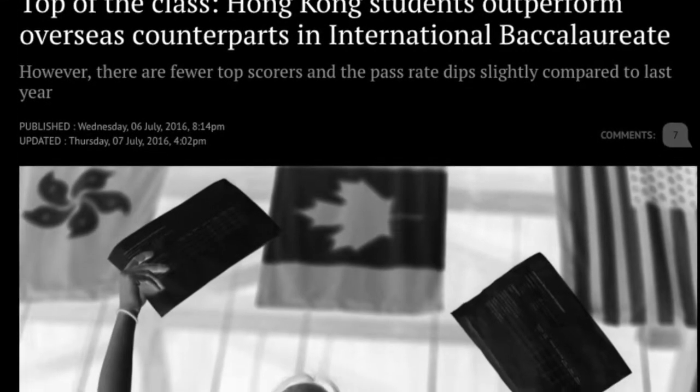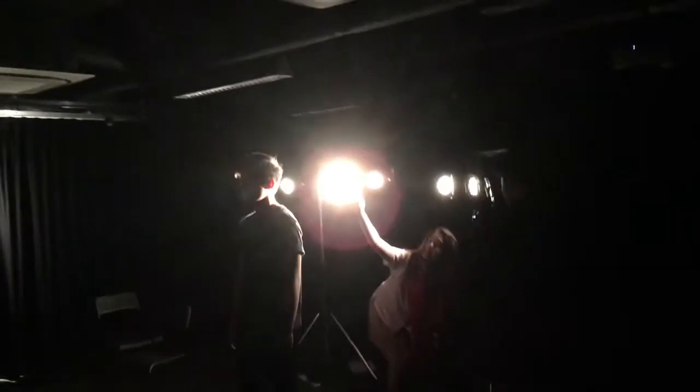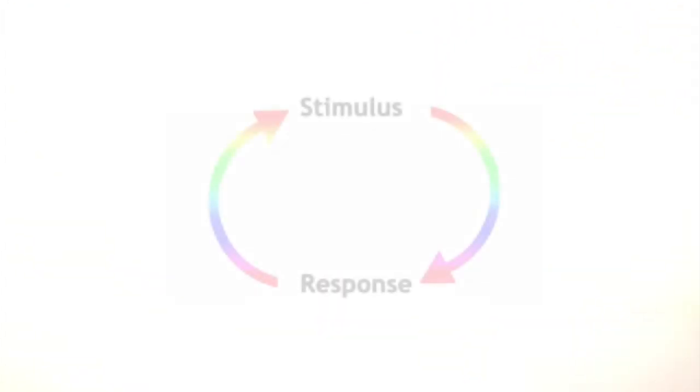Here is a model for an innovative, concept-based interdisciplinary unit in the DP that not only worked on its own merits, but adds value in the crudest terms for determining academic success, the scores in the IB Diploma. Now, the cycle is essentially a very simple one, a stimulus-response cycle. So let's begin backwards by design.